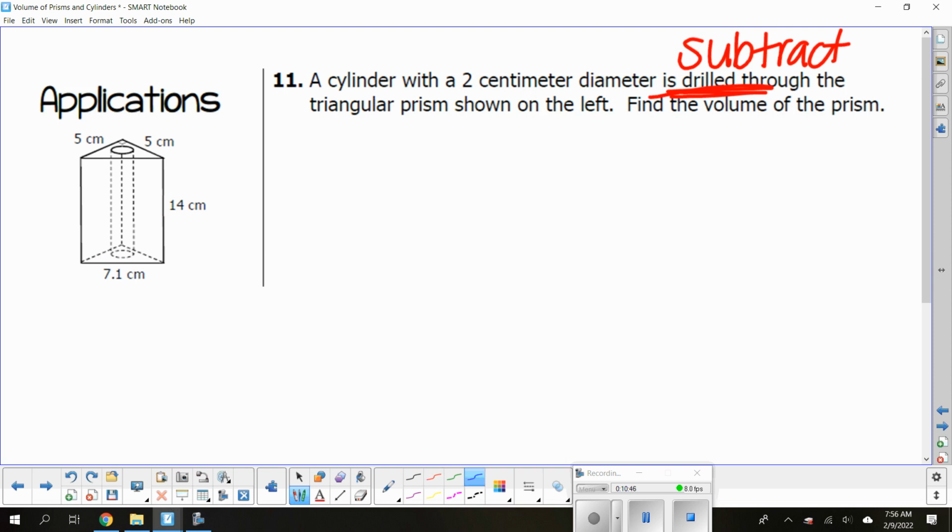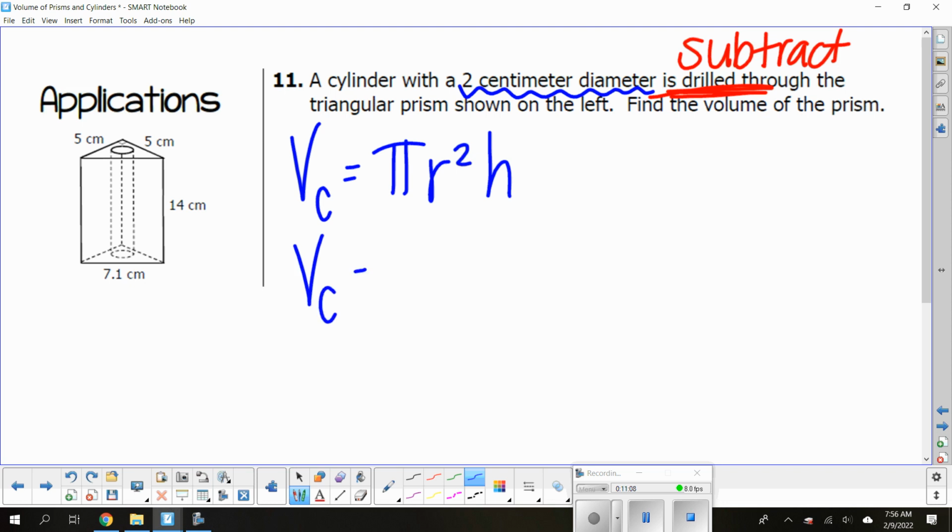So the first thing I want you to do is find the volume of the cylinder. The volume of your cylinder is pi radius squared times height. So just keep in mind that you're going to need to find your radius because you have the diameter. So go ahead and pause and do that and then answer it when you are asked to in the video. Okay, so for our volume of the cylinder, you should have put